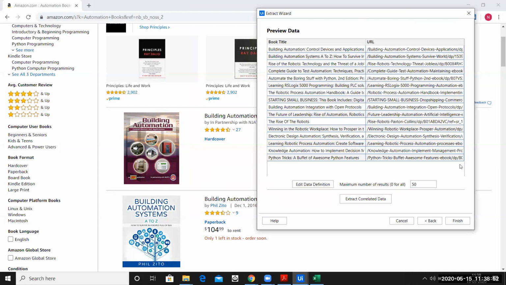Now the next thing is, if you click on finish, that means you are done with the scraping. But we need to scrape some more data. And where will you get that option? You'll get the option in this button which says extract correlated data. What do you mean by extract correlated data? It means I want to scrape more data from the same page. That is correlated data. So I'll click here